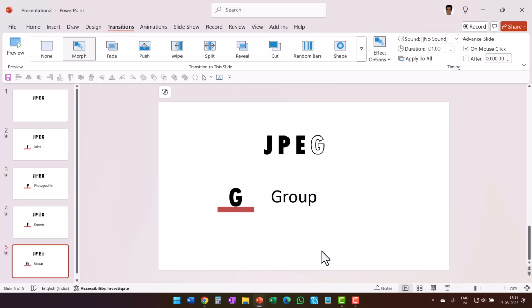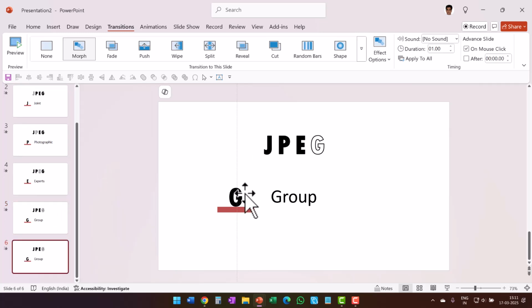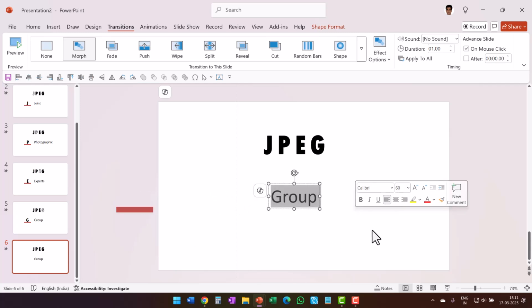And the job is done. Now I'm going to write the full expansion of JPEG. Right click, duplicate the slide and place this back to where it belongs. Then I'm going to move this out of the scene using my left arrow key so it goes out smoothly. And then I'm going to use this to write my text